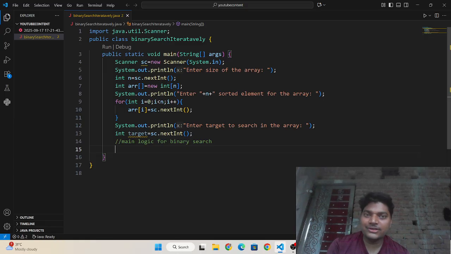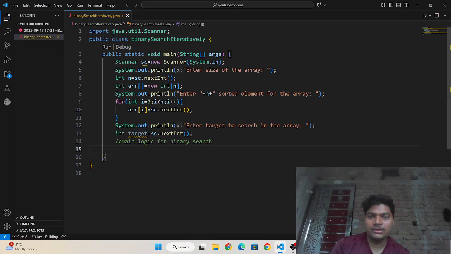If it is not equal, then whether the target is present in the left or right matters. If the target is present in the left of the middle element, then our high will be mid minus 1. And if it is present in the right of the mid element, then low will be mid plus 1.